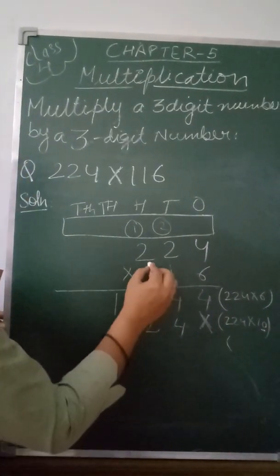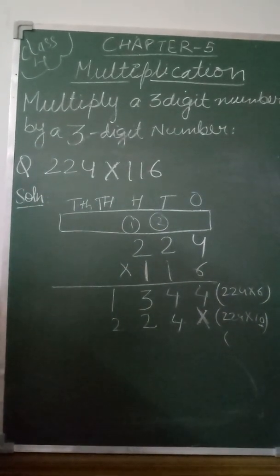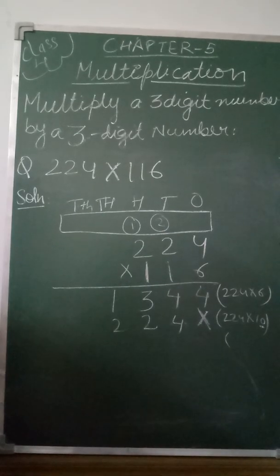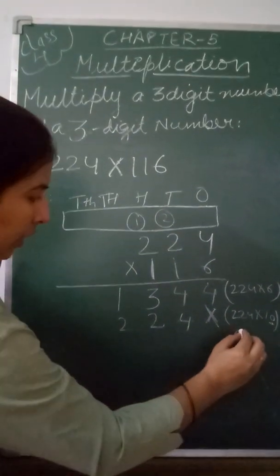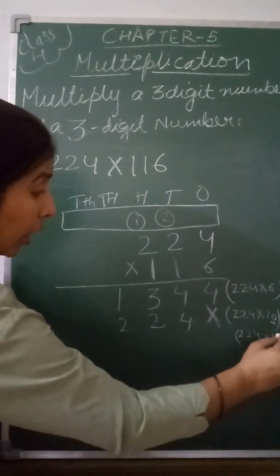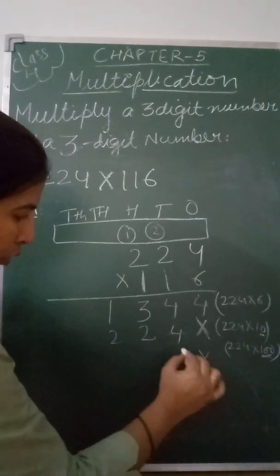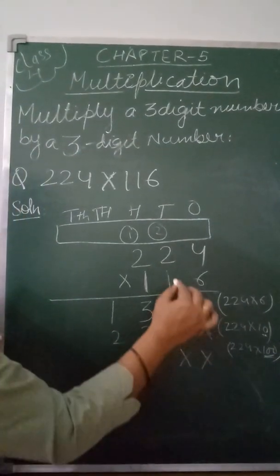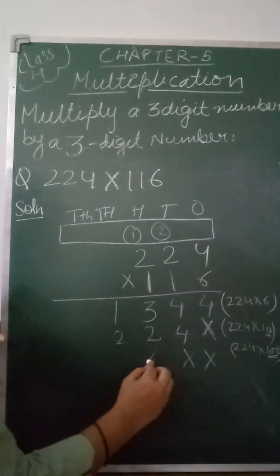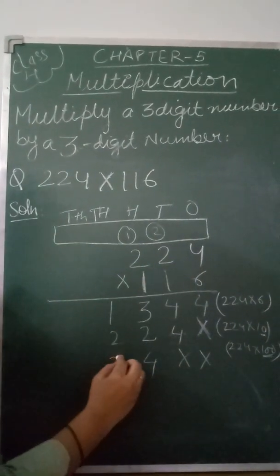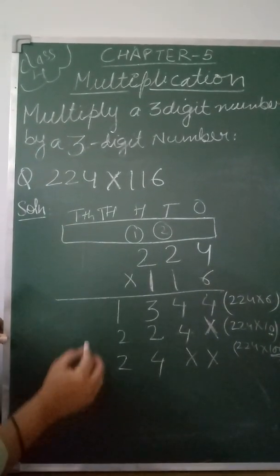Now the second step: this one more 1 is left here. This is on the 100 place, right student? So what we have to do again, the same number 224 is multiplied by 100. So this time we have 2 zeros, so we put 2 crosses here, one on the ones place and second on the tens place. Now we have to start multiplying. 1 4 is 4, 1 2 is 2, and 1 2 is 2, and 1 more place is needed. That's why I have written one extra place.